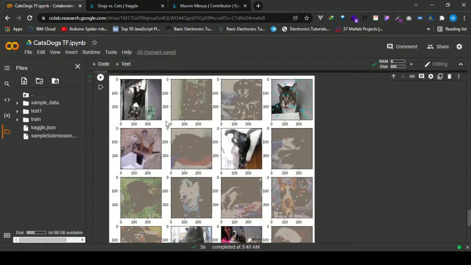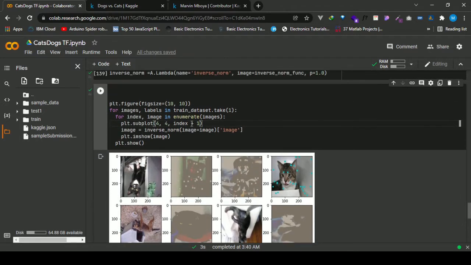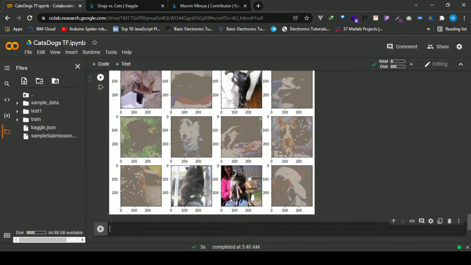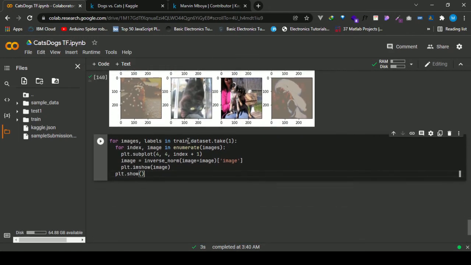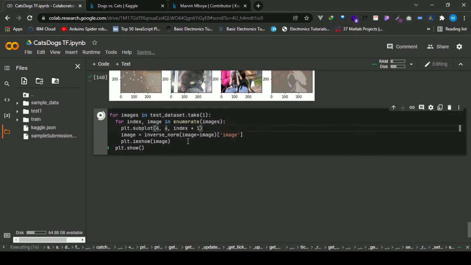So the same could also be done to the test. So if we do the same to the test, it would be test here, then only images, we're dealing with in the test. So if we run it,